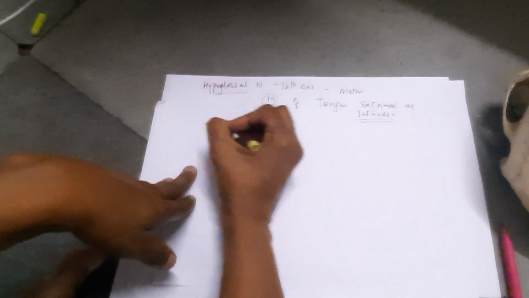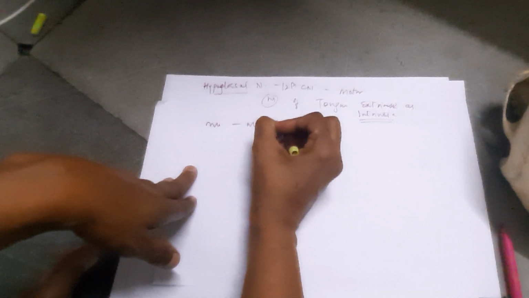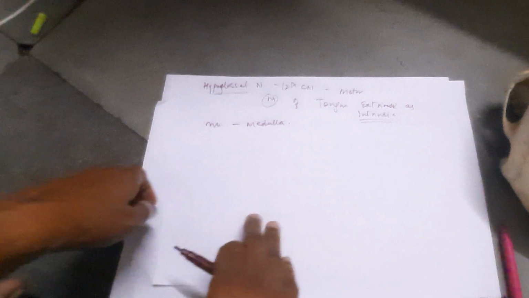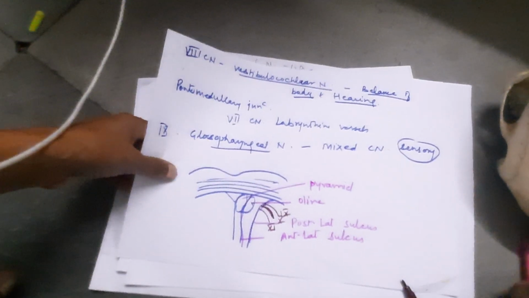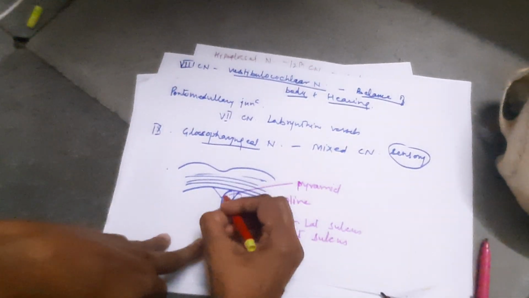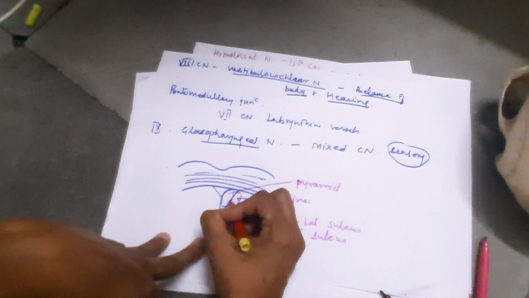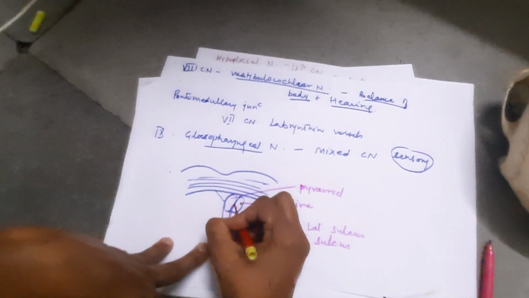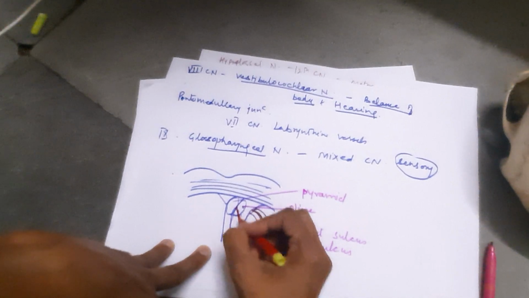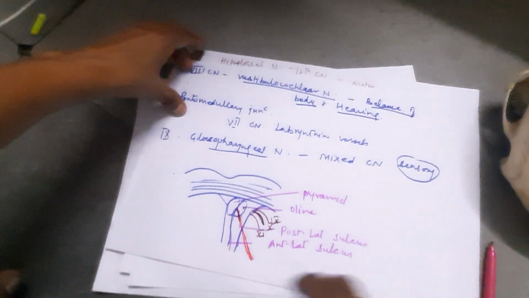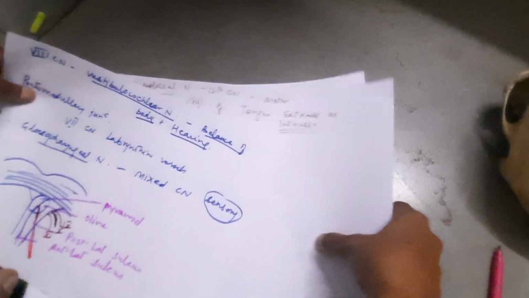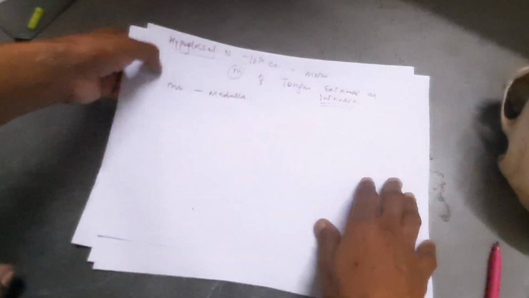इसका न्यूक्लियस कहाँ प्रेजेंट होता है? इन द मेडुला में, बिटवीन द पिरामिड एंड ऑलिव, एंटीरोलैटरल सल्कस. Anterolateral sulcus between the pyramid and olive, here. The nucleus will lie here. This is the pyramid, this is the olive. The 12th nerve rootlets will arise from the anterolateral sulcus, and it will form a common trunk, and then